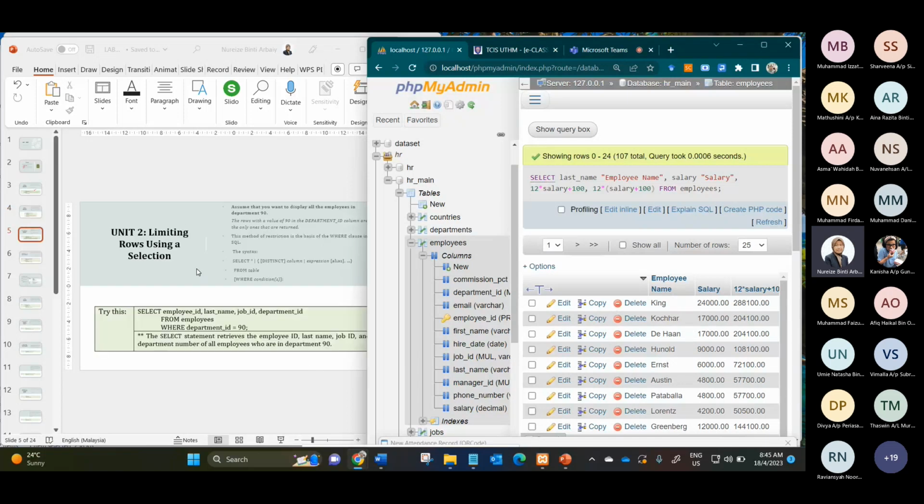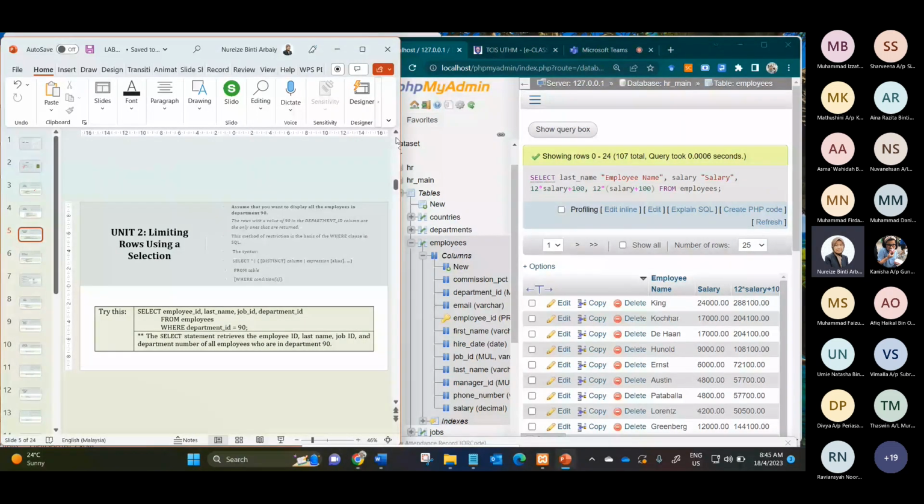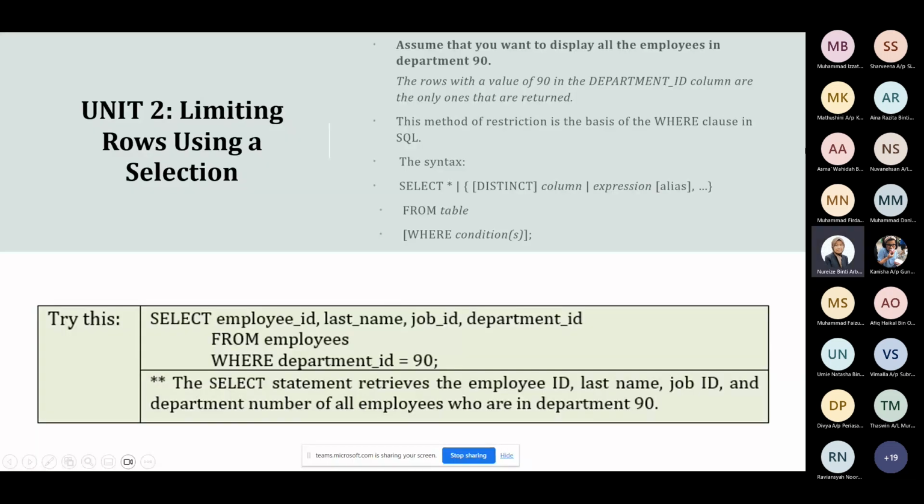So what's next? We move to the next unit, number 2, limiting rows using a selection. So now we move forward from the common select and from. Before this, in last week's exercise, you worked on select column from table name, from table. So this week we expand